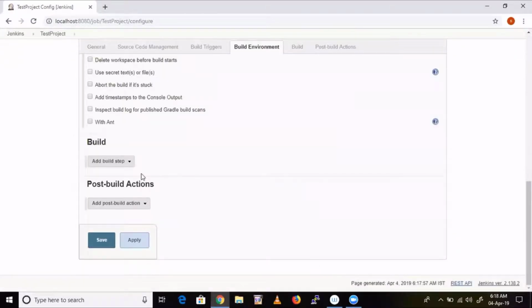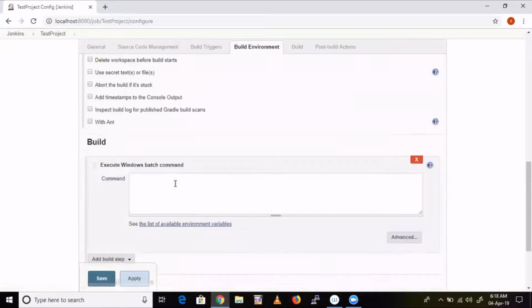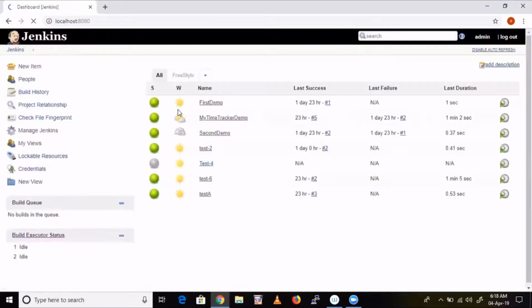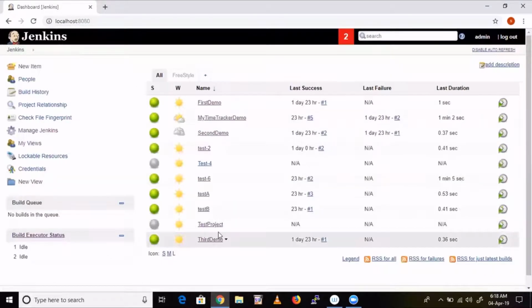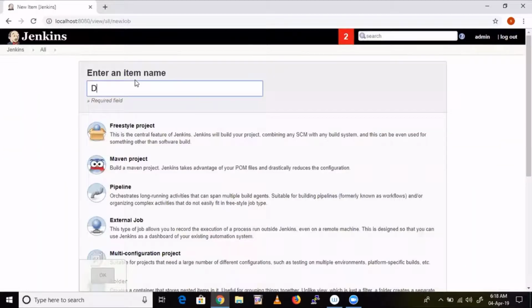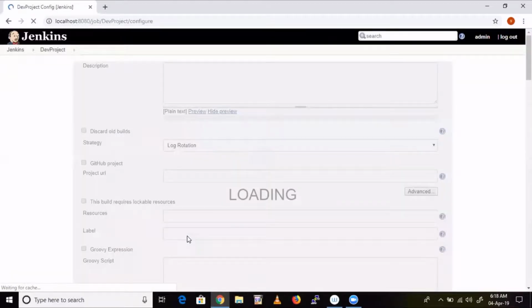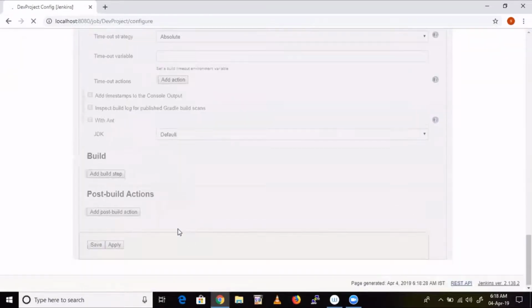Now scroll down and give any simple command. Save. This is one job, see here, test project. Now I would like to create one more job. Dev project, freestyle. Now go to build.